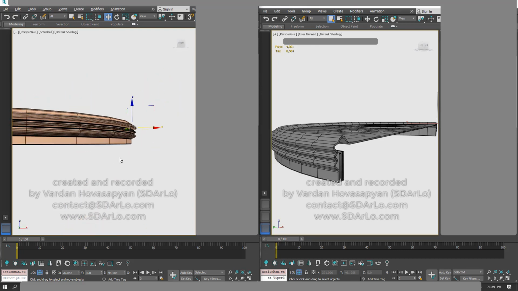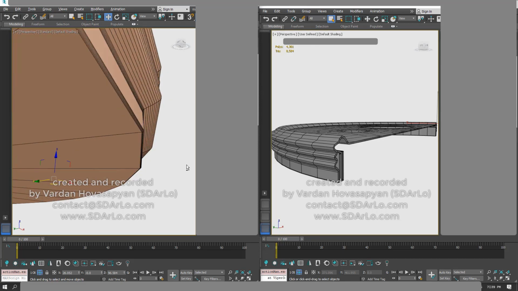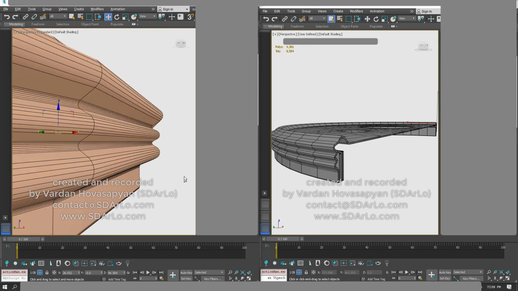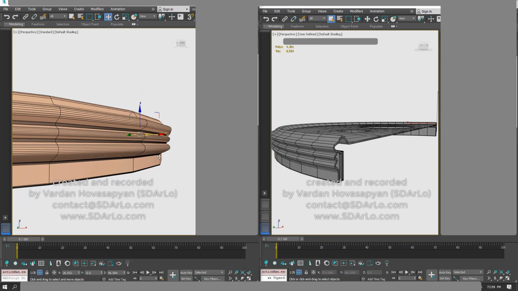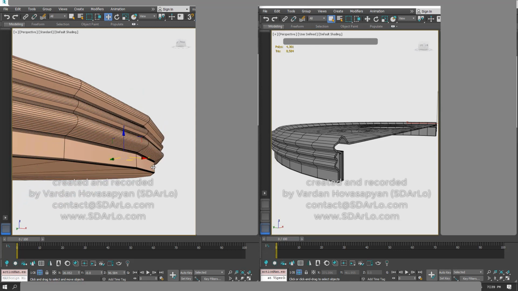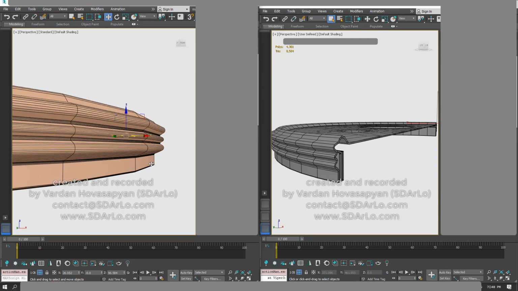Its detail basically consists of this designed shape profile,